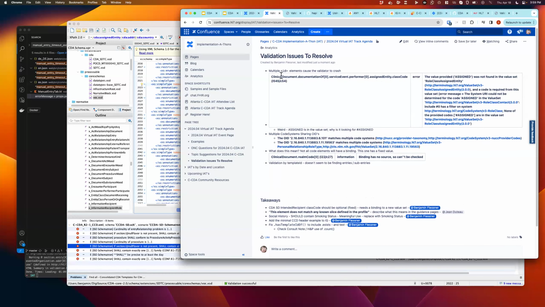Yeah, so the multiple ID elements causing the validator to crash, that's obviously something that we need to fix, or the validation tool needs to fix. This one, I think I actually know what's going on, but it's still a validator issue that needs to be solved. This is one we've already raised with Graham, and he's pointing to terminology, and so we need to talk